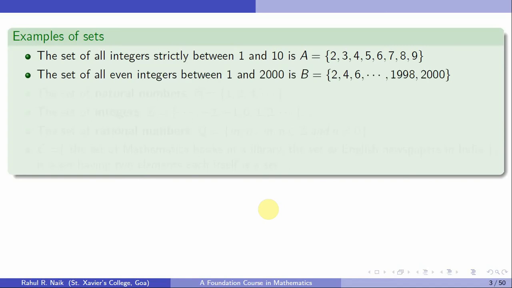The set of all even integers between 1 and 2000, this is a very big set. So how do we write it down? Again, it can be written in this way. Just look at this: 2, 4, 6, and then there are ellipses, the three dots, or maybe more than that, but minimum three dots, just to show that the set continues in a similar fashion, and it's an ending set. It ends at 2000. Integers between 1 and 2000, so I think 2000 shouldn't be present over here; the last element should be 1998. Sorry for this mistake.